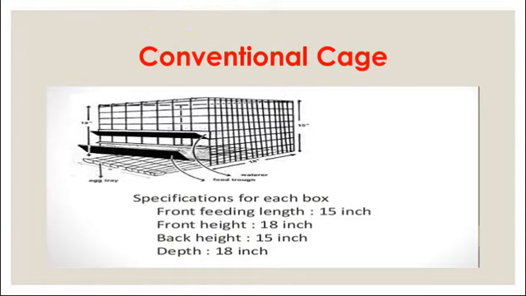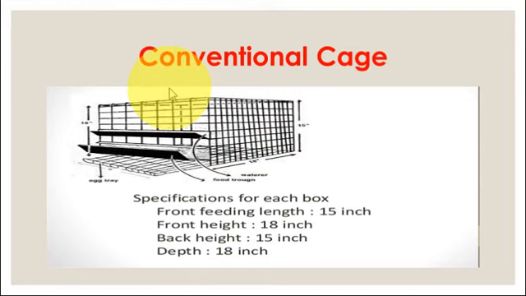Actually, what is meant by the cage? A cage means a 16 gauge wire, or it may be an 18 gauge wire, made into a net and arranged as a compartment. If it is 16 gauge wire, it is more dense. So this wire we make into compartments like this, and it is termed a cage.